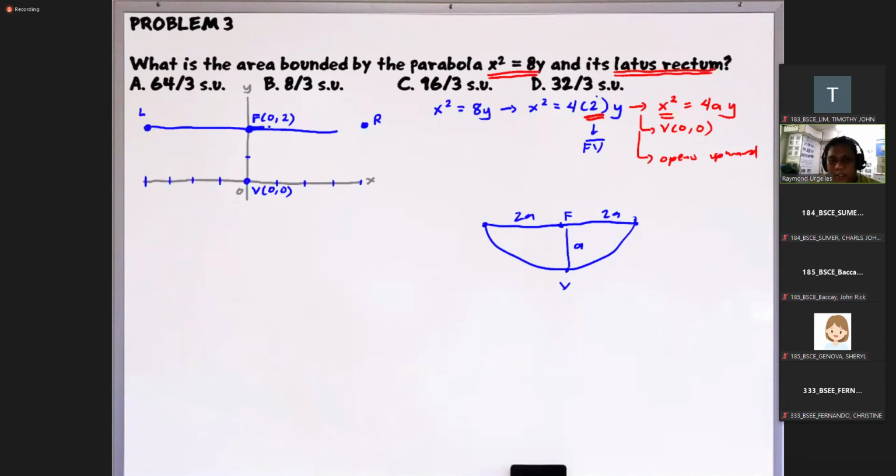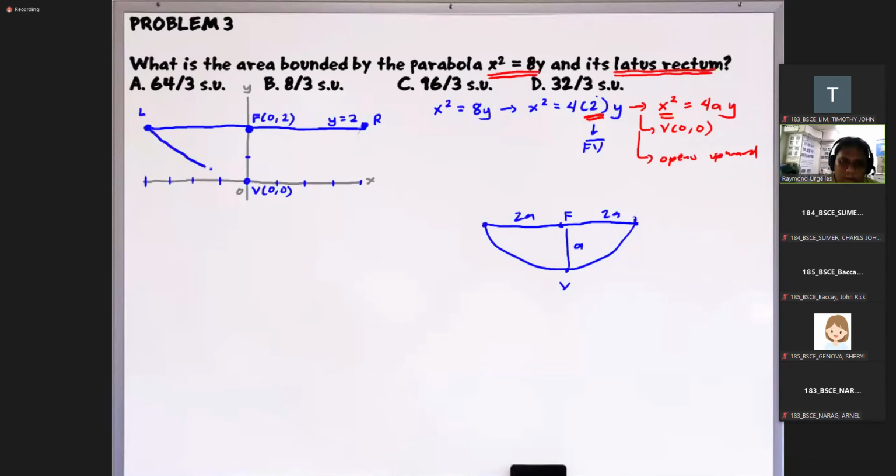And as you can see again, this is a horizontal line passing through y is equal to 2. So yung latus rectum natin can be treated as y is equal to 2. Basta horizontal line, yung equation natin dyan, y is equal to a constant. Pag vertical line naman, x is equal to a constant. So therefore, these two endpoints are on the parabola.